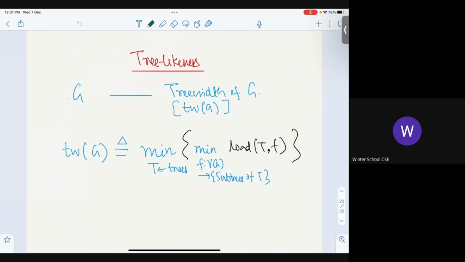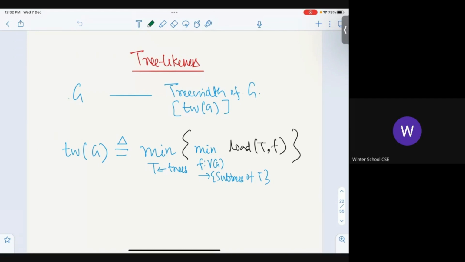No. The objective is to find a tree and a function which minimizes the load. And I told you that here is a stupid, trivial such object. My tree is a single vertex, and my function maps every vertex to this node. Every definition is valid. If two people were adjacent, of course they are adjacent because they are on the same vertex. But what is the load of this vertex? N. Not good. I mean, this is valid, but still useless, right? We would like it to have as small a load as possible. That's the whole idea.